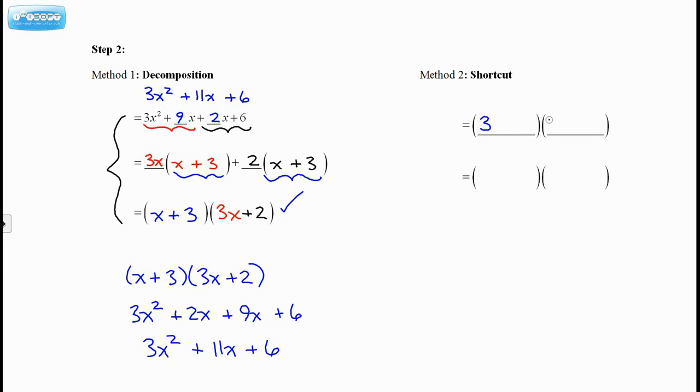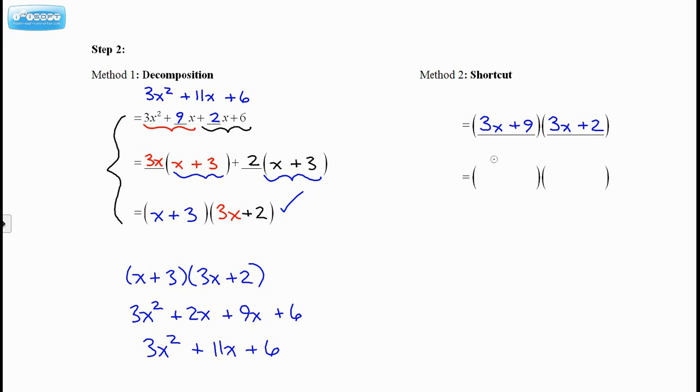I'm going to write the 3 twice, in both sets. And then I'm going to write an x and an x. And then the numbers 9 and 2, I'm just going to put them in as is. Now the only thing left is to look at each term in here and divide out any common factors